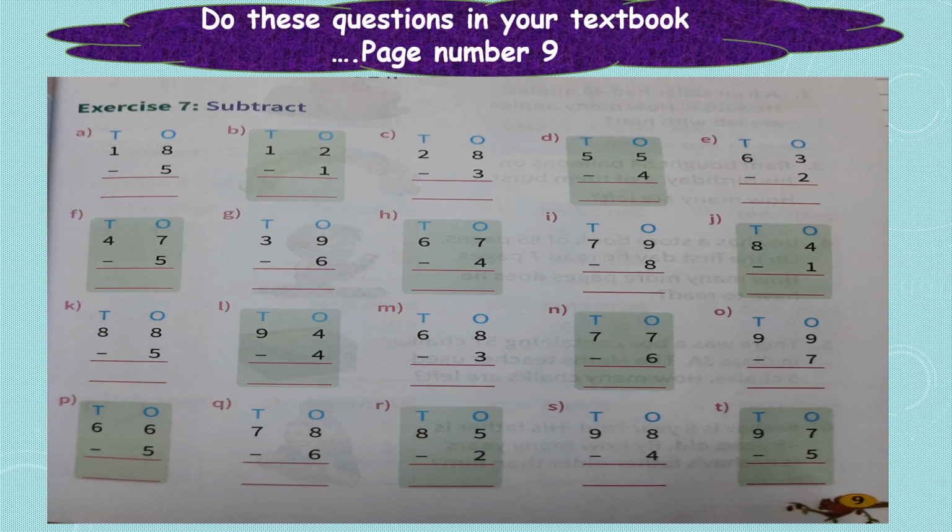Also, children, you can do these questions in your textbook itself. You don't need to copy the questions. You can straight away write the answers over here. Questions are already written. Exercise 7, that is on page number 9 of your textbook. You can also complete all these questions. If you can do it today, it is very well and good. If you are not able to do it today, you can do it at your pace, slowly and gradually. You can complete all these questions. Okay? In your textbook only you need to do.